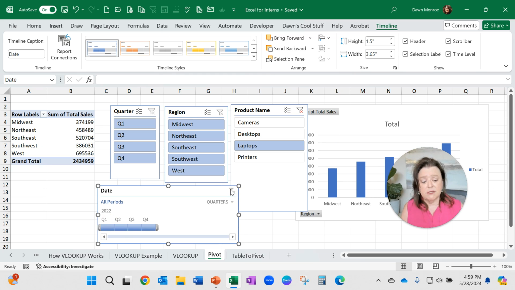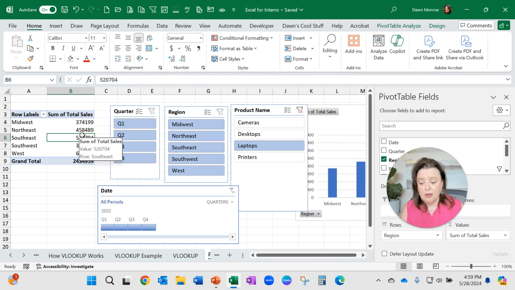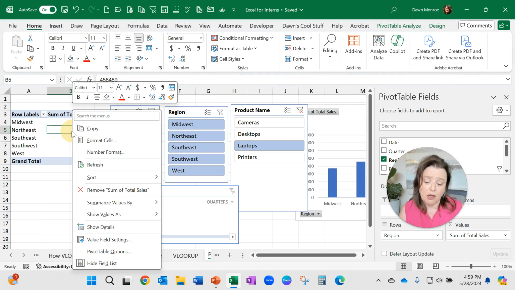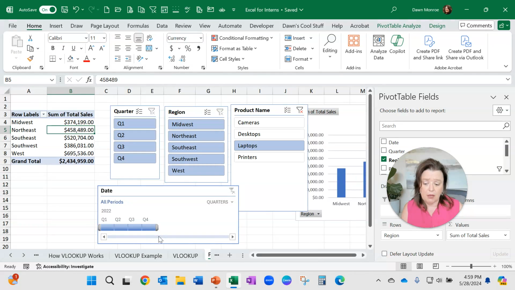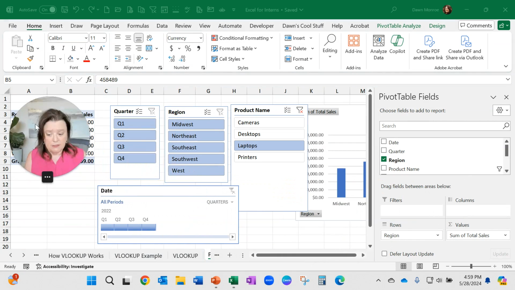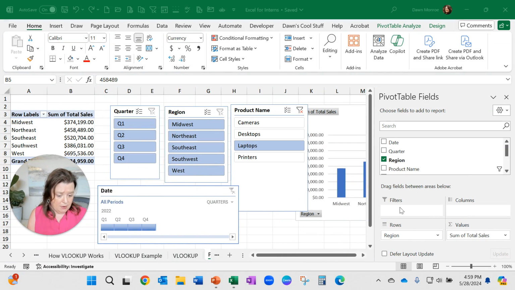Okay. Maybe you decide that you're going to want some formatting on these numbers. You're going to start learning how to go in and format these. I'll go number format to a currency and OK. Things of that nature. And then down here on the bottom,